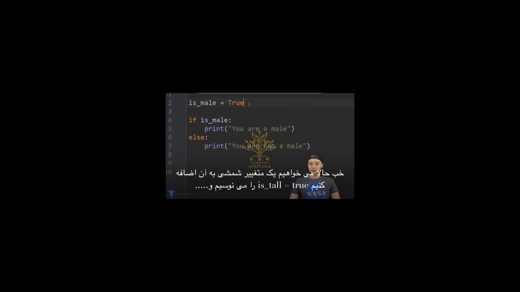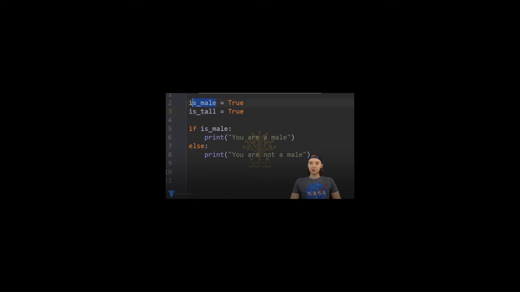So why don't we make this more complex, and I'm going to add another variable into the mix. So I'm going to add another Boolean attribute into this mix. I'm going to make another variable called is_tall. And we're going to set this equal to true as well. So now I have two variables in the mix. Let's say